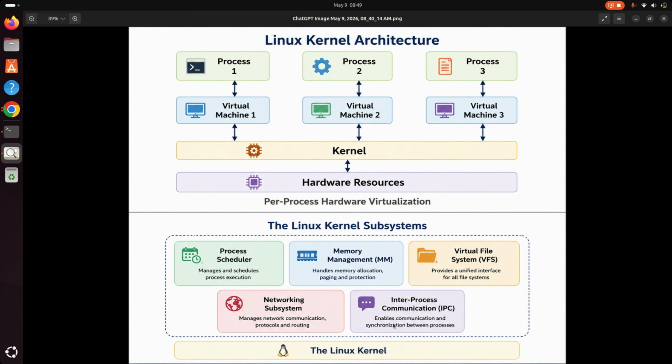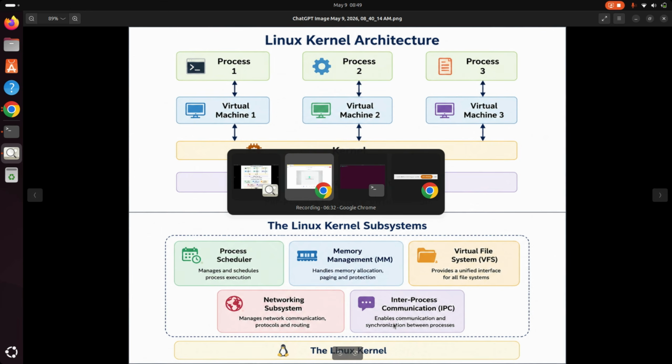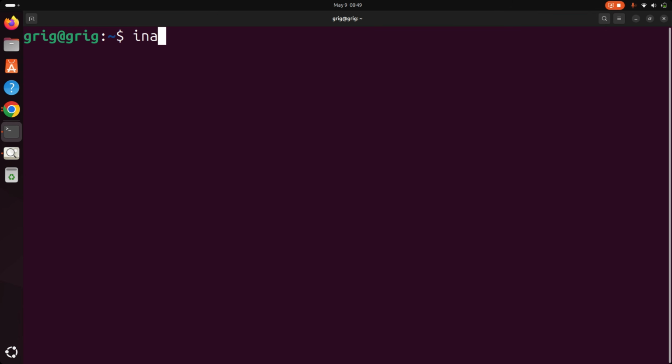To check the Linux kernel version, you can run the following command: uname -r. This is my Linux kernel version. This displays only the kernel version. To display detailed kernel information, you can run